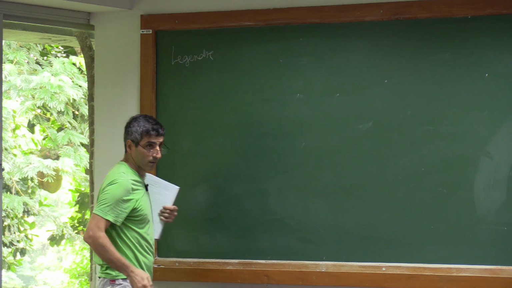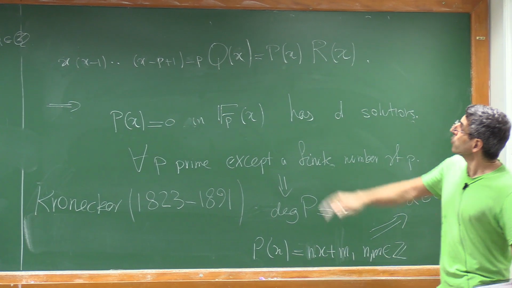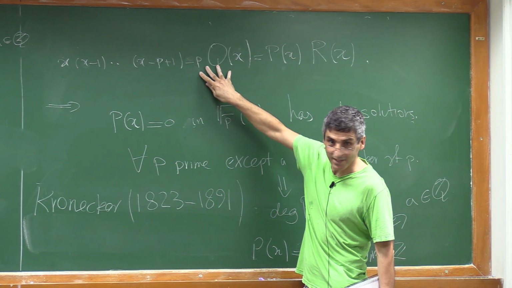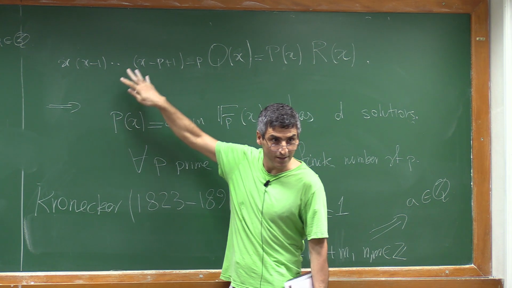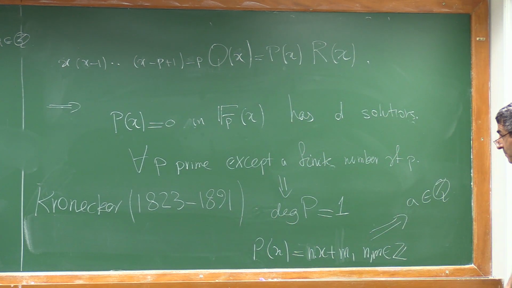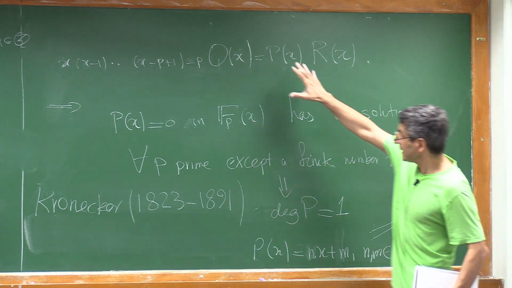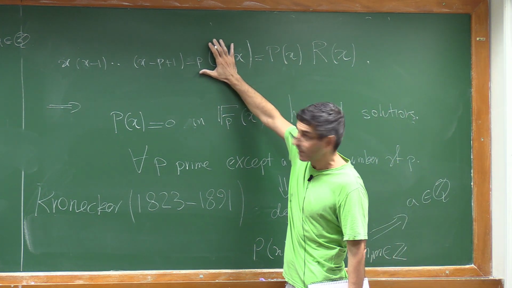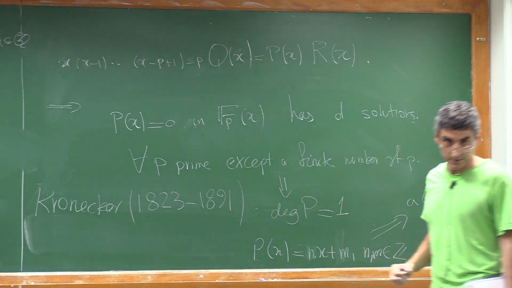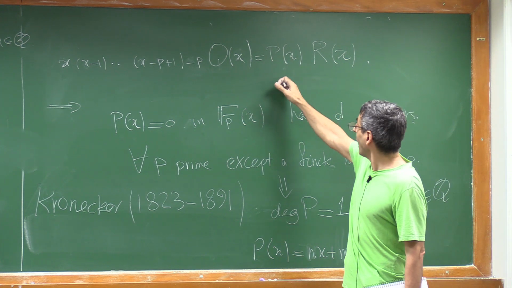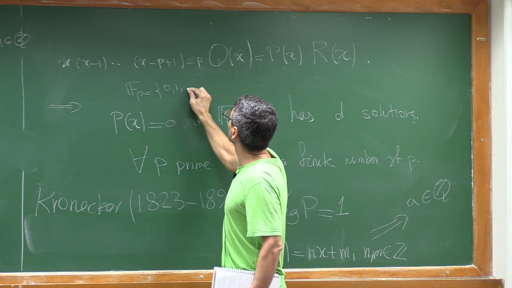Hossein, you did not explain why P has D solutions. Modulo p, this disappears. So P(x) divides x minus 1 until x minus p, and modulo p this becomes a product of linear polynomials. So D is smaller than p, yes. Now what I'm saying is that this equation, taken modulo p, this will disappear. And F_p is just 0, 1, up to p minus 1.